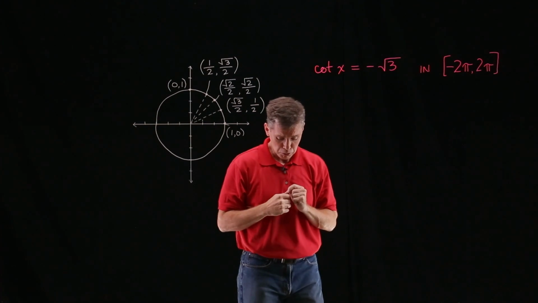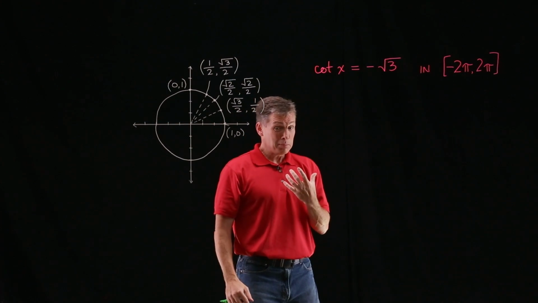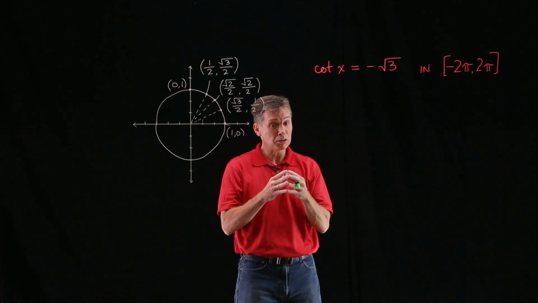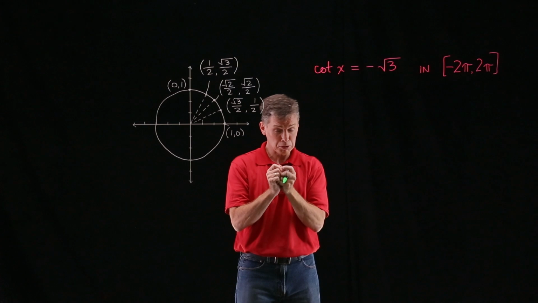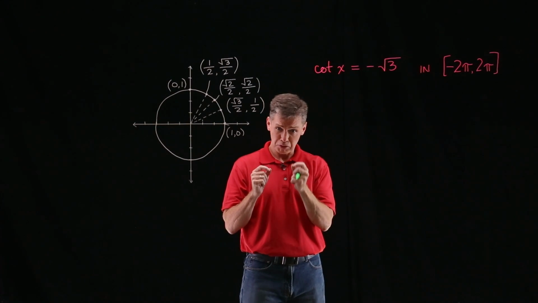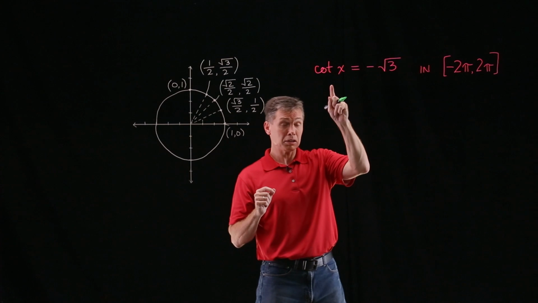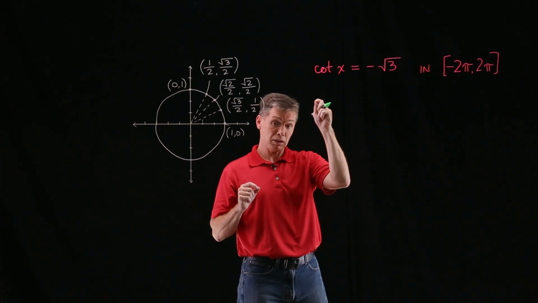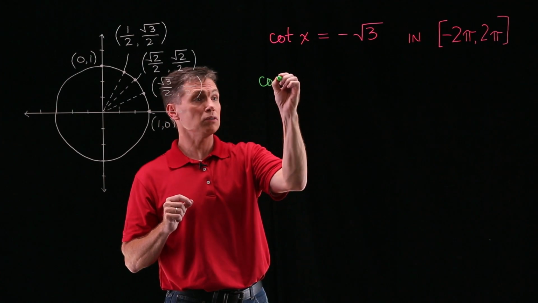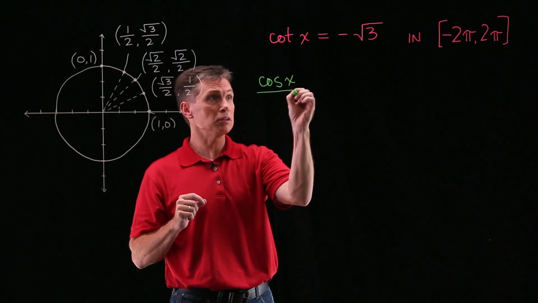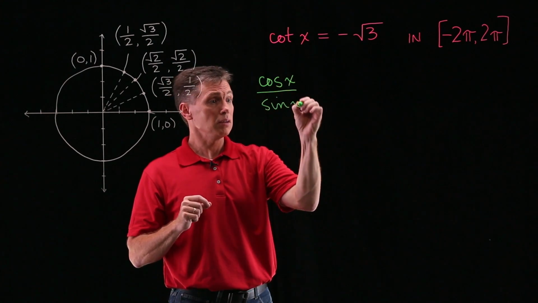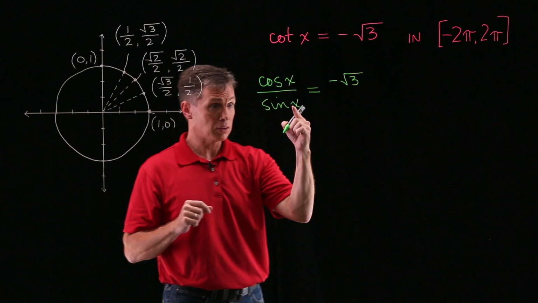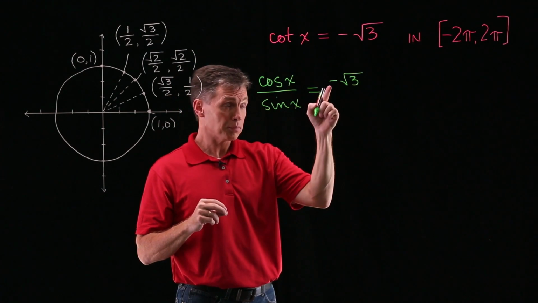I have to solve this equation for x, right? And maybe I'm not that familiar with cotangent. And really I would suggest that it really helps a lot to break things down into the primary trig functions that you know real well, specifically sine and cosine. So if you're not that comfortable with cotangent, start off by rewriting it. You've got to know your identities, and in this case cotangent is the same as cosine of x over sine of x. And so this equation becomes, when does cosine of x over sine of x